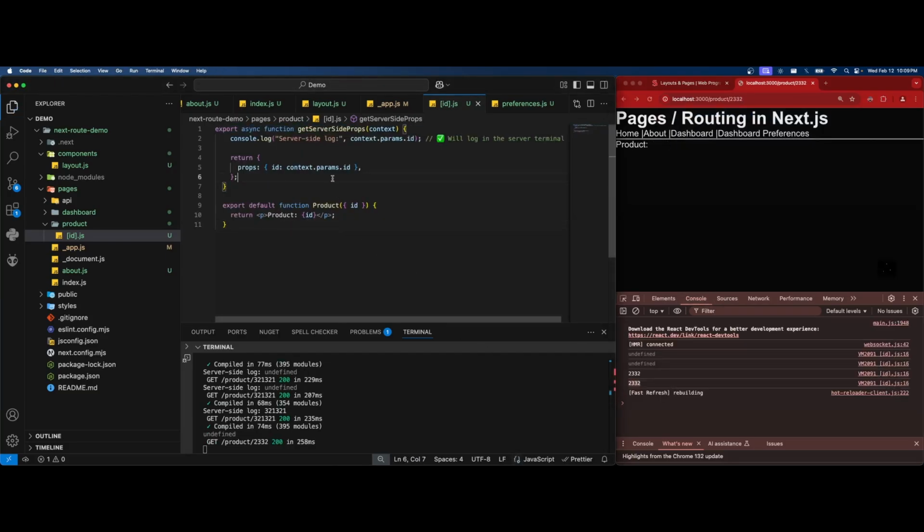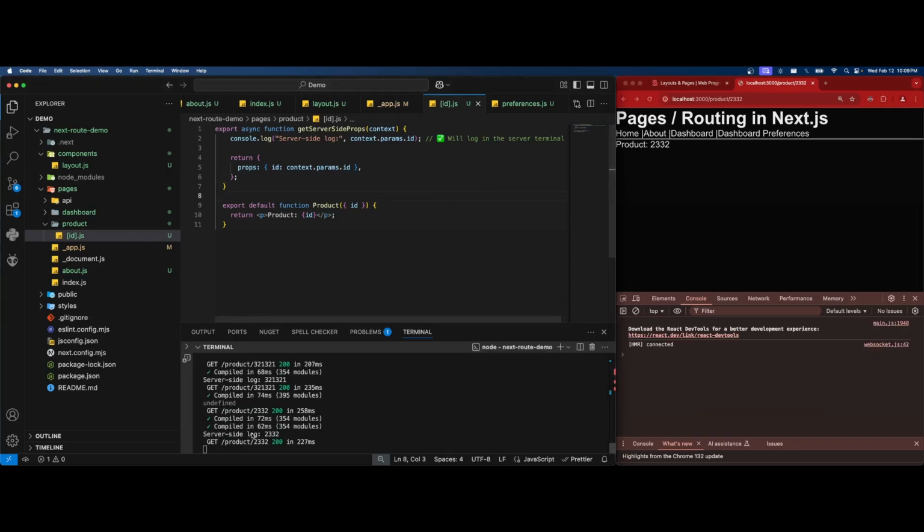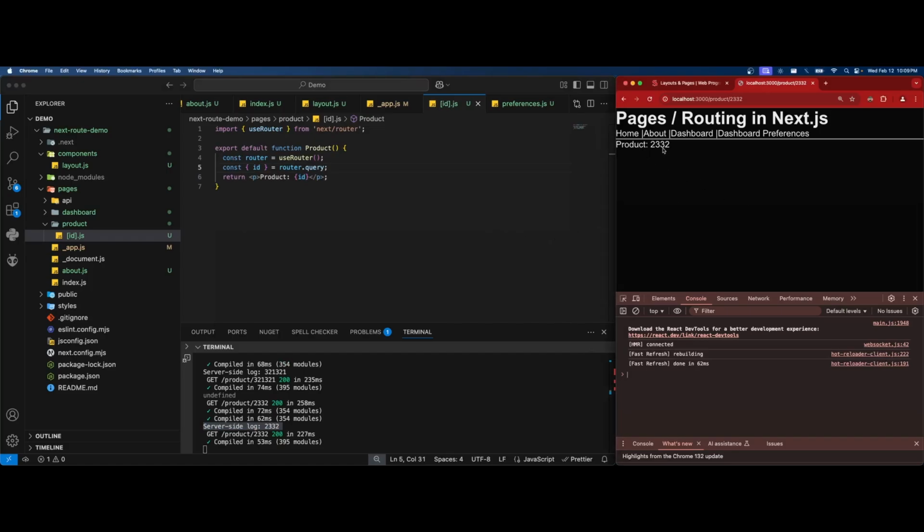But if I want to make this work server side, I have to add slightly different code, and you'll see. Not a huge deal. Don't worry about it for now, but we'll circle back to it when we do some more advanced stuff. Anyhow, notice that it does say product 2322 or 2332 that we're passing, right? So it's getting that info. That's the part that I don't really like about React, because it's a lot client side, and Next is trying to make it server side, which leads us to our next topic, which is called